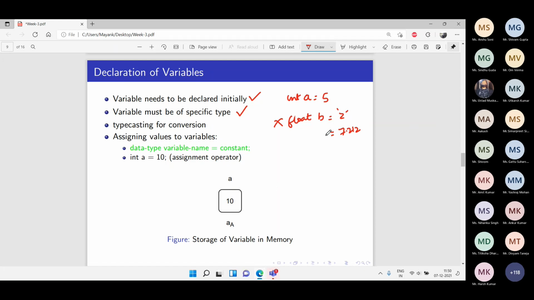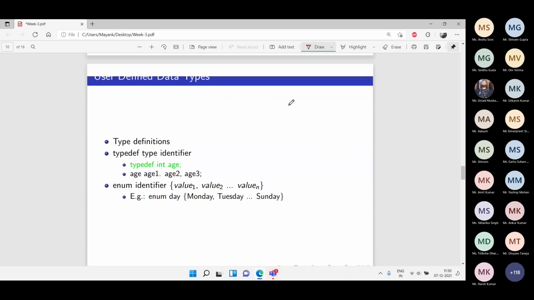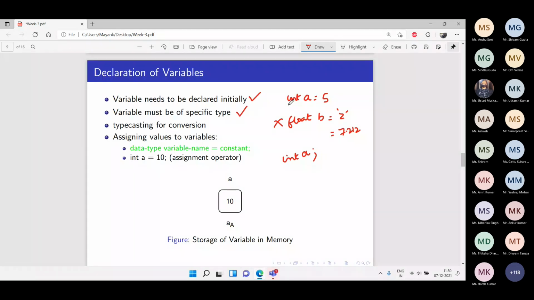Okay, or in a program you can just keep it like int a, and that's it. You don't want to define some value. You don't have to initialize it. That is also fine. Sir, as you have written there, int a equal to 5, instead of 5, if we write 5.2, then a type conversion is required. Typecasting. We'll come to typecasting. I think in the upcoming slide is typecasting. Yeah. So there is typecasting required. We are not going into typecasting right now because there are many who won't understand it.